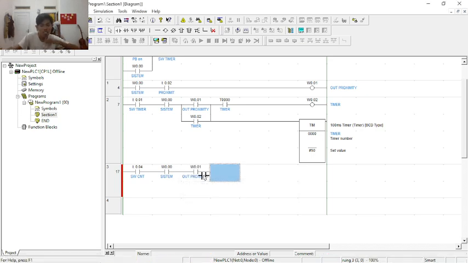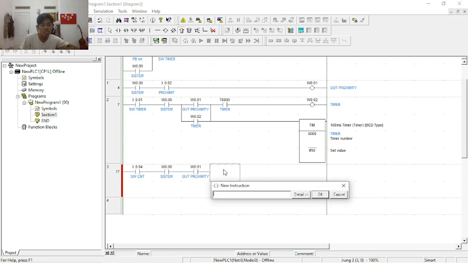Okay, and we will add instruction also here, CNT. This is for the CNT 0000 hashtag 1 CNT,